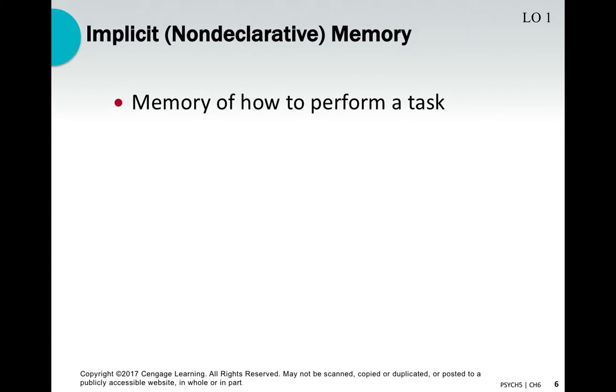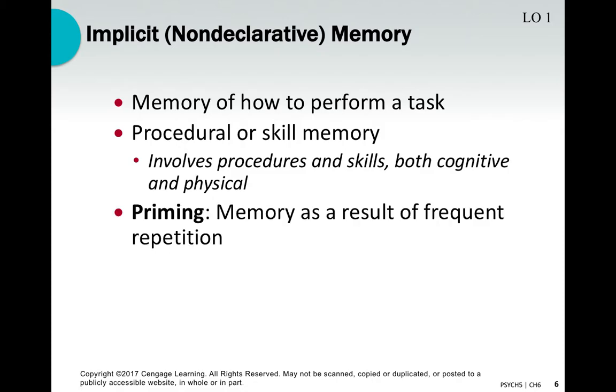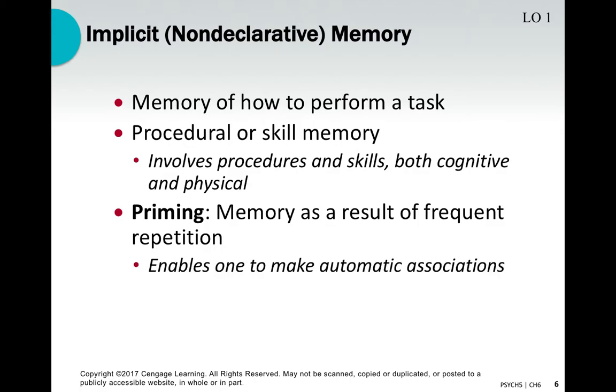And this is essentially muscle memory, just how to do stuff, how to perform a task. It's typically a procedure or a skill. Oftentimes, it's some combination of cognitive and physical. And we typically develop procedural memories with lots of practice. Think about the first time you ever drove a car, if you drive a car, that is. I can't assume that everybody drives a car, but if you do, the first time you drive, maybe in driving school or your parents take you out, it's